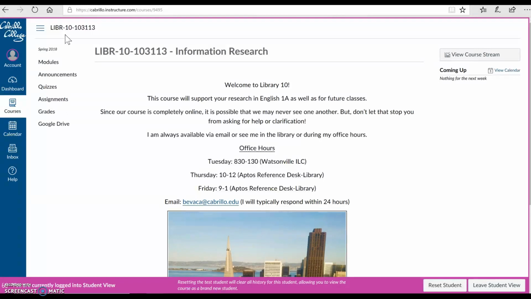So what we're going to do right now is run through the modules really quickly. You see that our Canvas site is set up just like any other Canvas class that you may have taken, with the modules here at the left: announcements, quizzes, assignments, and grades. So if we click on modules,